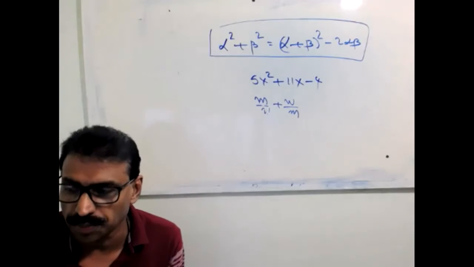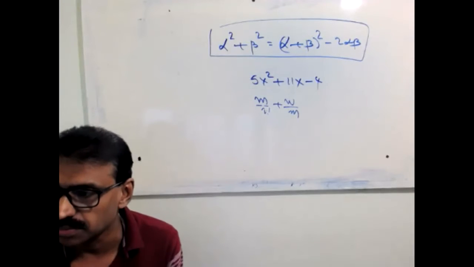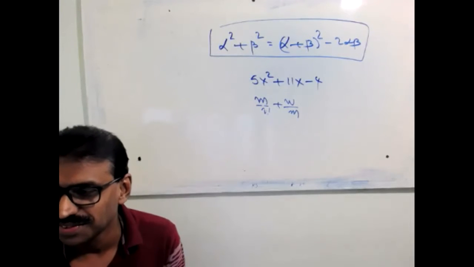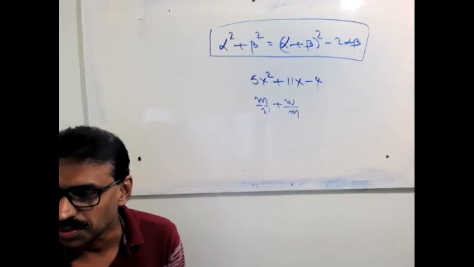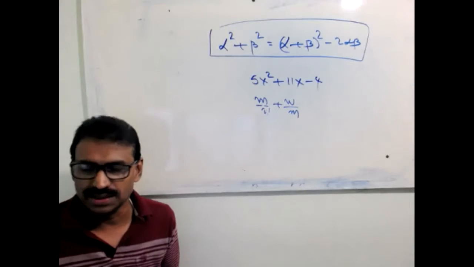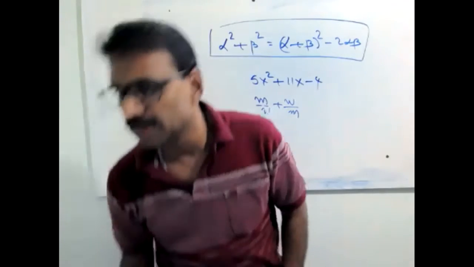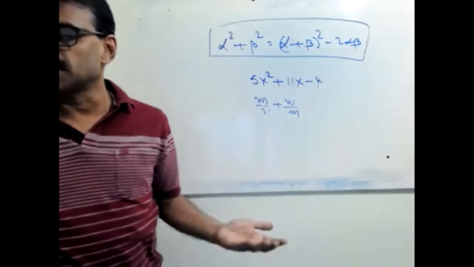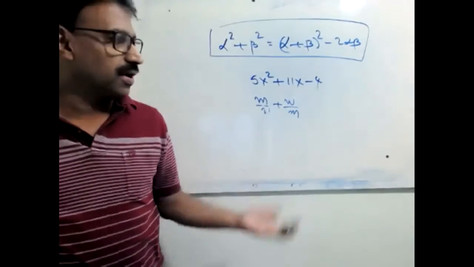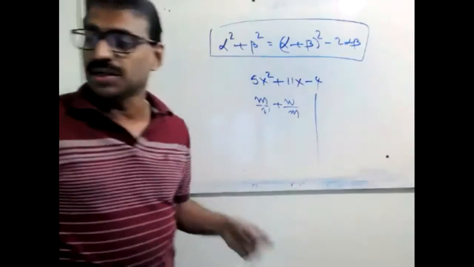Linear combination is another topic. I'll discuss that later. Oh, splitting the middle term. It is a problem. Okay, don't split then. I'll give you another easy method. Those who have a problem with splitting the middle term, I'll tell you another method. Look, because there is no time now to teach splitting the middle term.